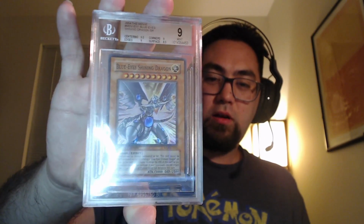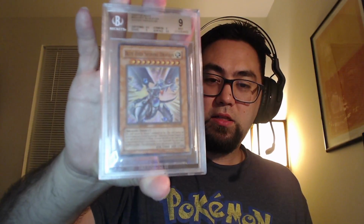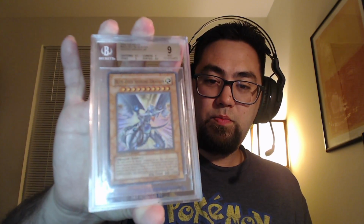This one, especially being a 9, I think is probably the most expensive card that I have. It's a limited edition. It's not a first edition. It's based on, I don't know, was there a Yu-Gi-Oh movie? I never really watched the show. It was really just playing the card game with my friends,